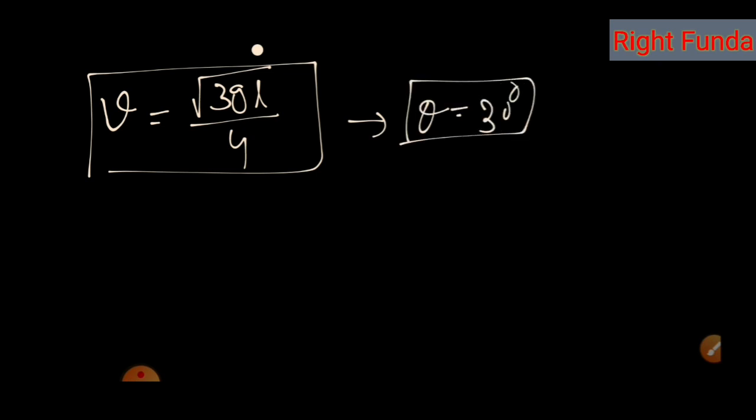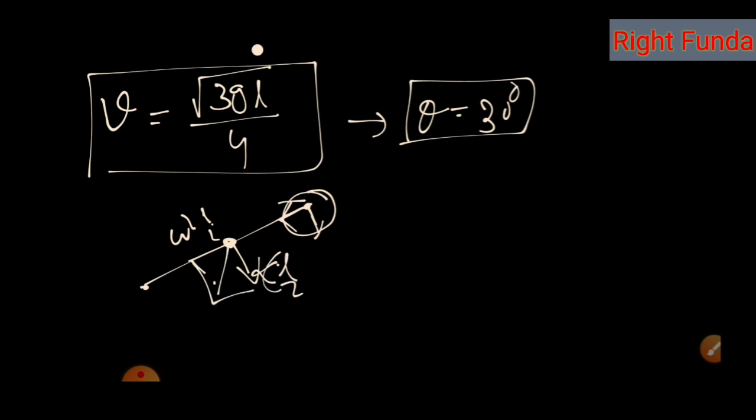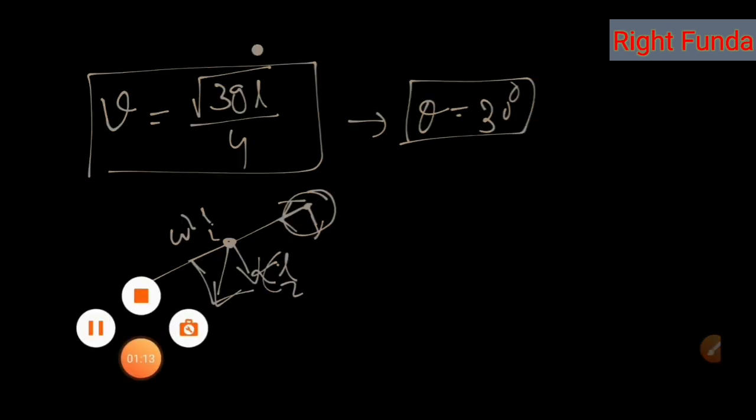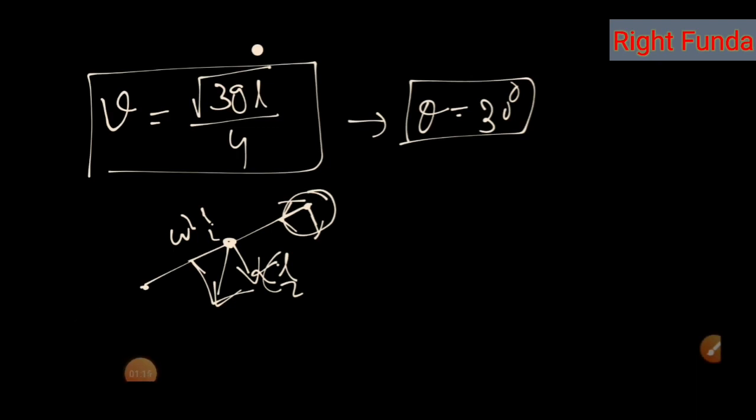After this you can also ask a question where there is a rod and you have to find the acceleration at this point. We know under root of a_t square plus a_r square will be the acceleration at this point. Sometimes it asks to find the acceleration of the center of mass of the rod. Here also we can find a_t and a_r: a_r is equal to omega square L by 2, and a_t is equal to alpha L by 2. Adding these two quantities vectorially, the acceleration of the center of mass can be calculated.